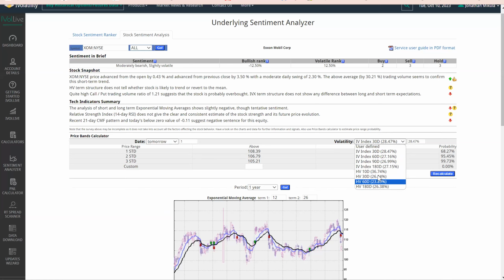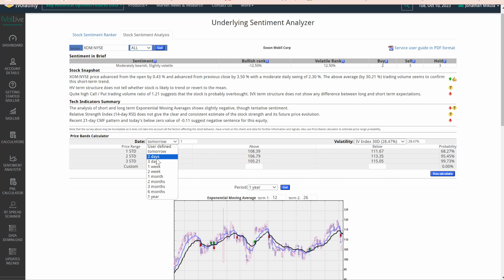But there is a material difference if you look at the historical volatilities. So depending on if you prefer using IV or if you prefer using historical volatility, this is where you would make that distinction. By far, our most popular metric is IVX 30, so we'll leave that there. Tomorrow would be very useful if you like to trade short-term options, right? Maybe not for Exxon, but if you were trading SPY or the Russell or NASDAQ, for an example, and you were trading 0 DTE, which stands for 0 days to expiration, you could look at these more short-term